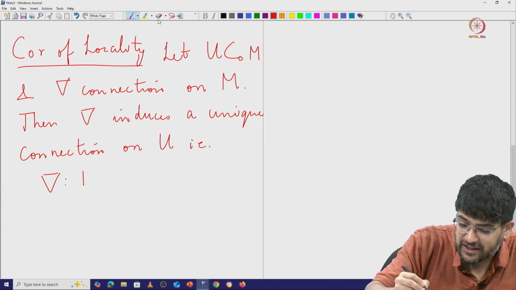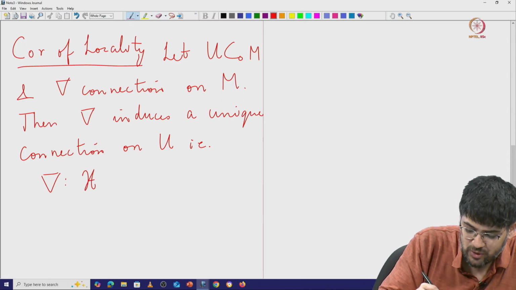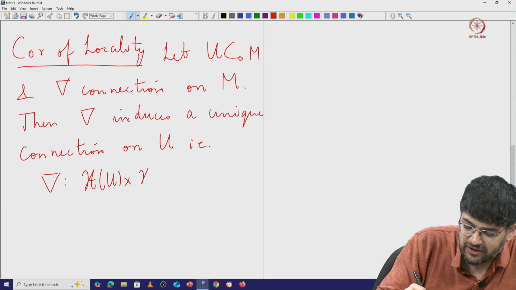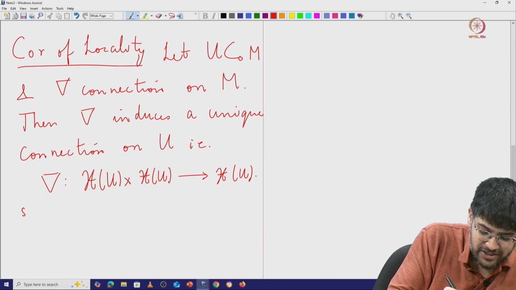So this takes in a vector field which lives only on U, and spits out another vector field which lives on U,